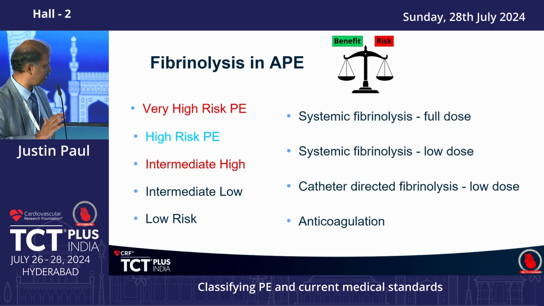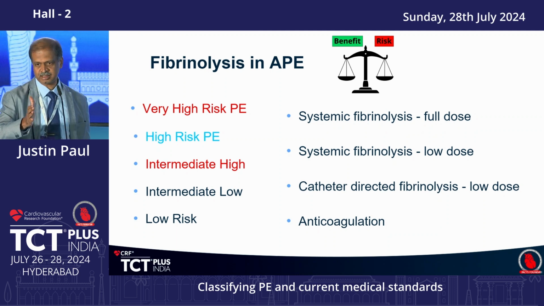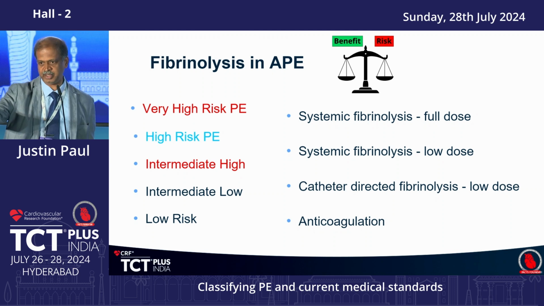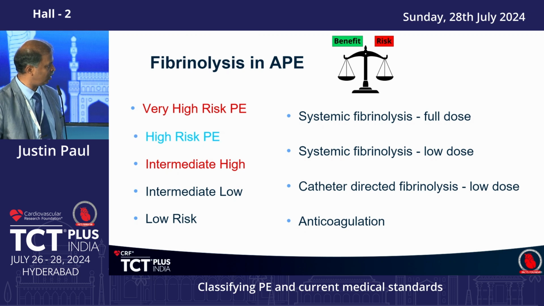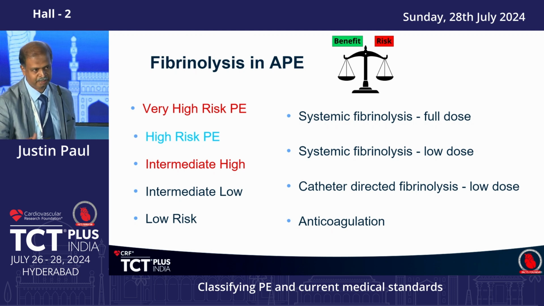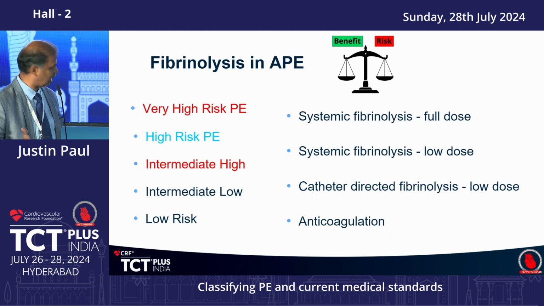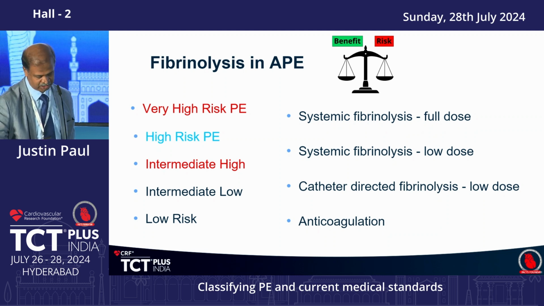Now in the high risk PE, we know that systemic fibrinolysis works. But there is a group of patients who come to you with BP of 60/40, arrest, resuscitation, shock. In these patients, the likelihood of thrombolysis working is going to be much, much less. In these patients, probably putting in a flow retriever or aspiration after ECMO, they are all going to help the patients more. They support the right ventricle.